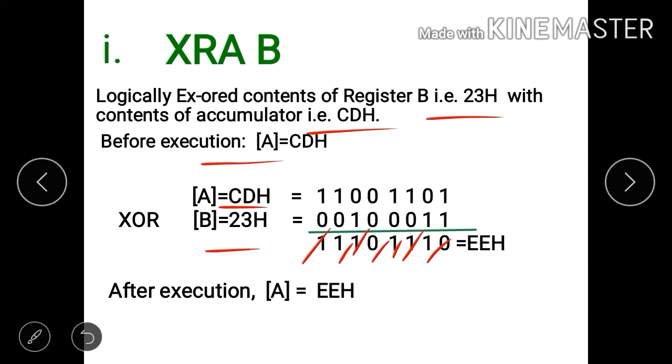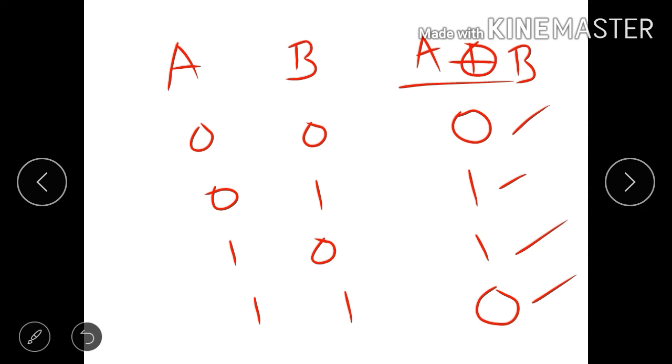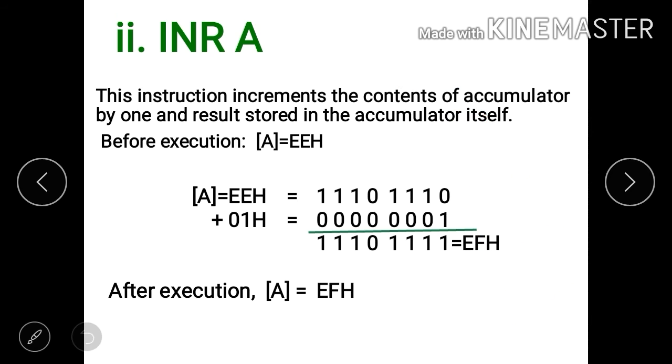The final result is 1 1 1 0 1 1 1 0, that is EEH. After executing instruction XRA B, we will get the result EEH in the accumulator. So we will carry forward this result for the next instruction.